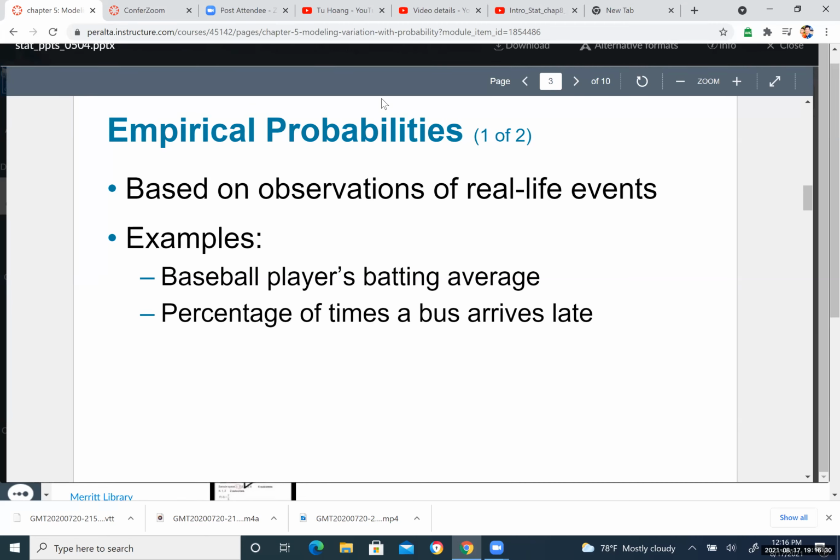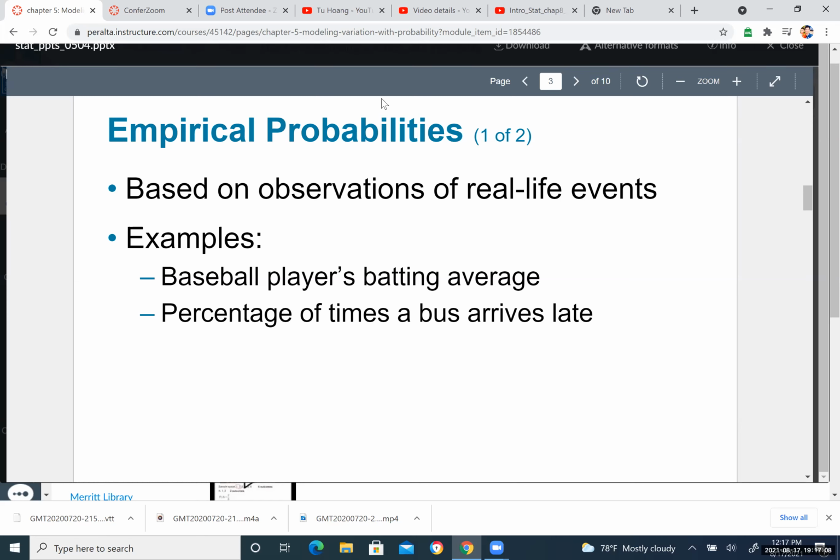So an example they give us is a baseball player's batting average. Another example is the percentage of the times a bus arrived late. If you think about these two examples, you can take the example of the bus. You compute by getting the number of times that the bus arrived late, and then estimating the total of the time that you observe, then you divide by that